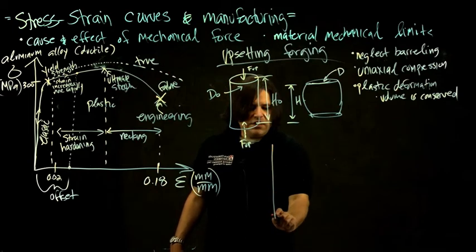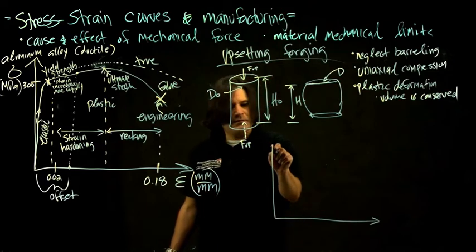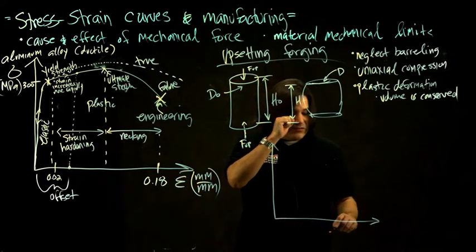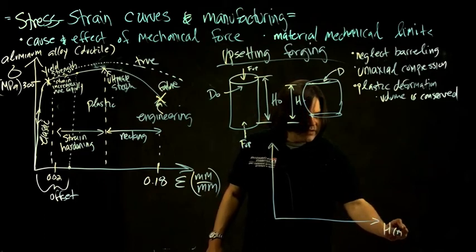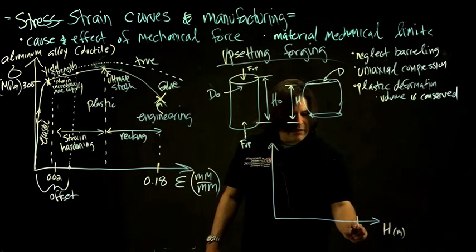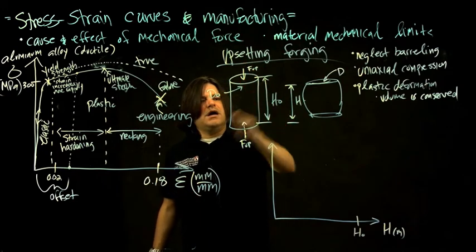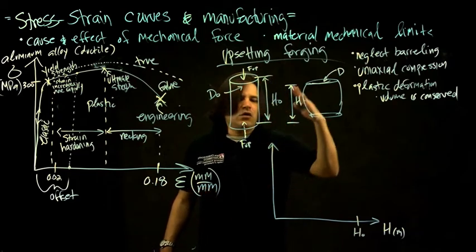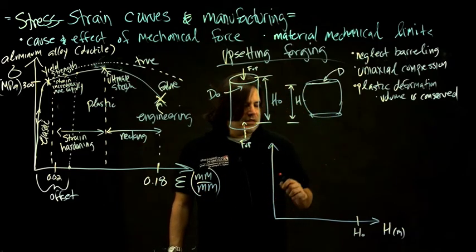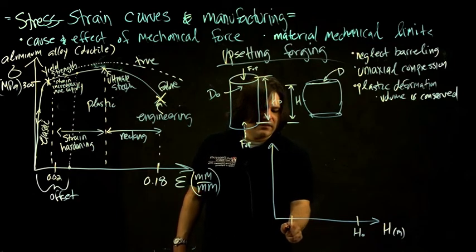If you were to do some testing on your forging process, for this upsetting process, if you had a height in meters here, and you started at this initial height, and then you upset it over several different tests, and you ended up at this final height,